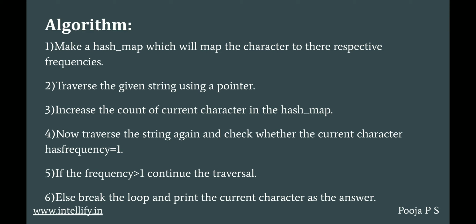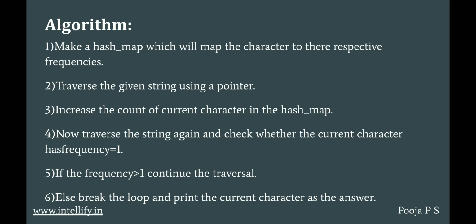And this task could be done efficiently using a hash map, where it will map the character to the respective frequencies, and in which we can simultaneously update the frequency of any character we come across in constant time. And the maximum distinct characters in the ASCII system are 256. So the hash map has a maximum size of 256, which we have considered in the program.